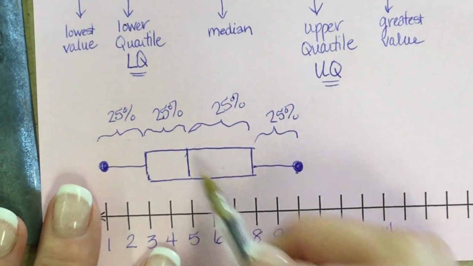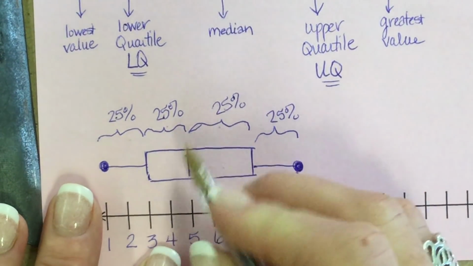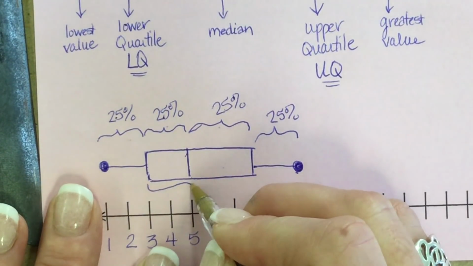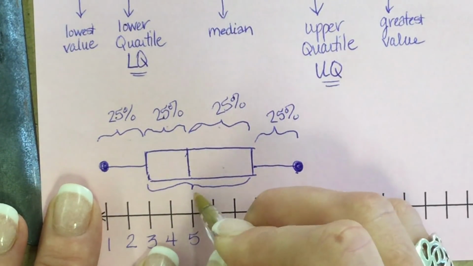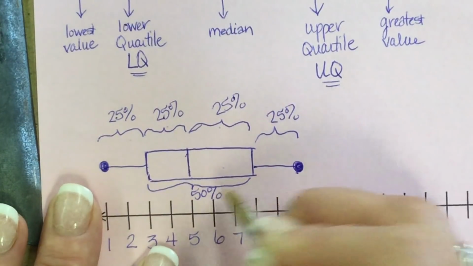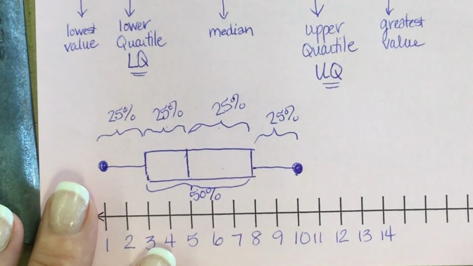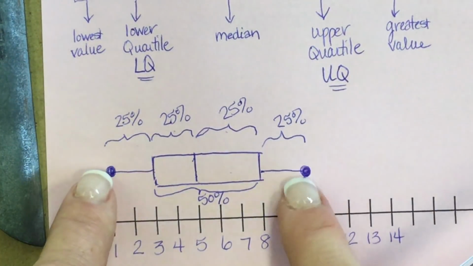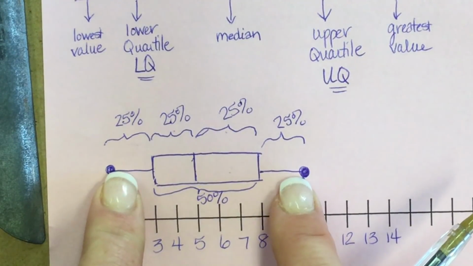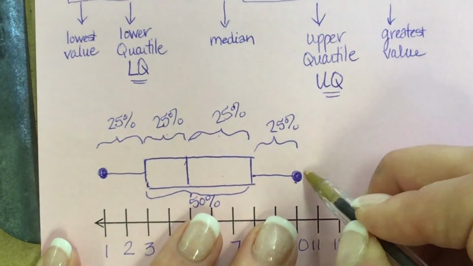But we can also say if this is 25 and this is 25, what is this? It's 50% of my data is always going to be in your box. 50% of your data is always in your whiskers, okay? All right. And we also call these